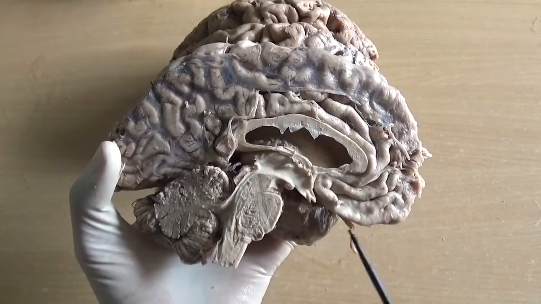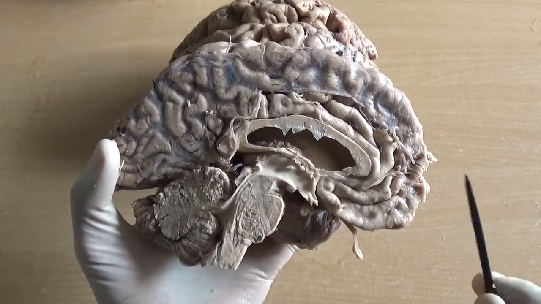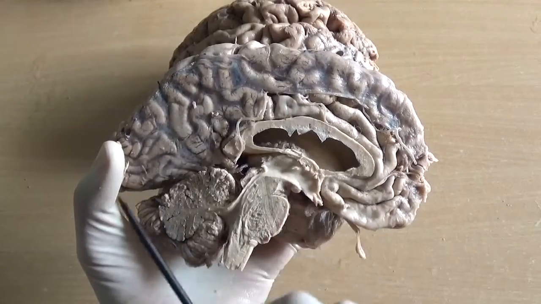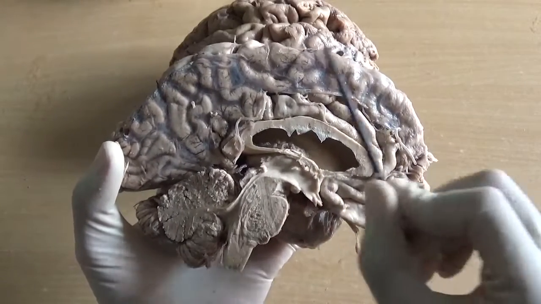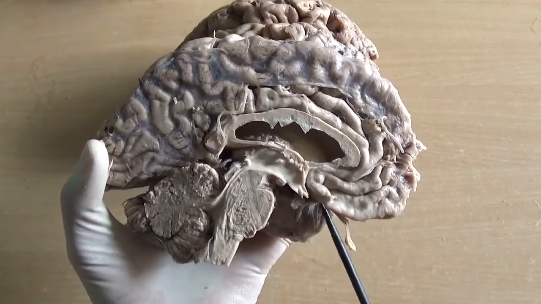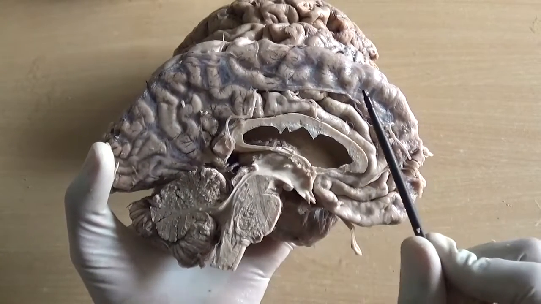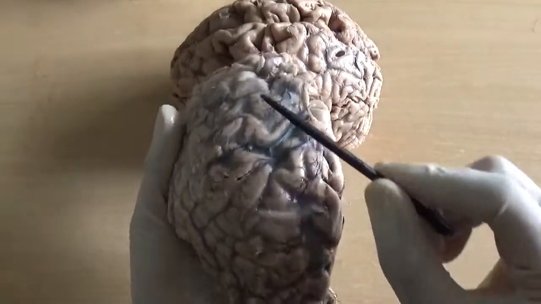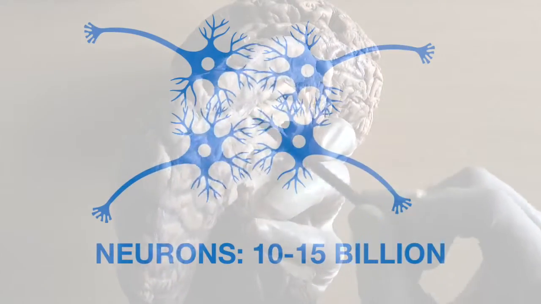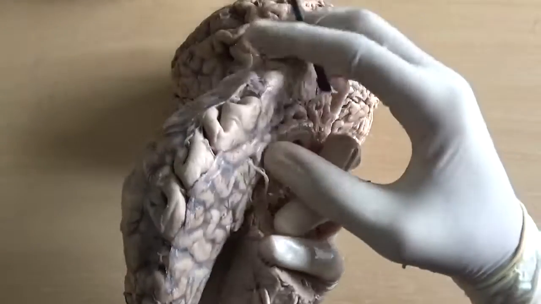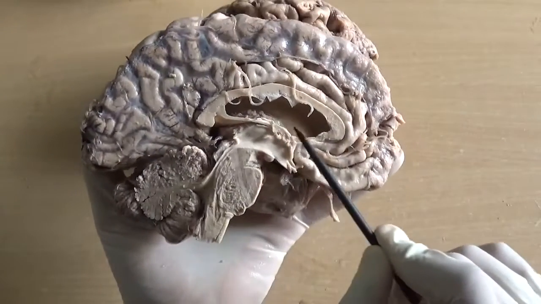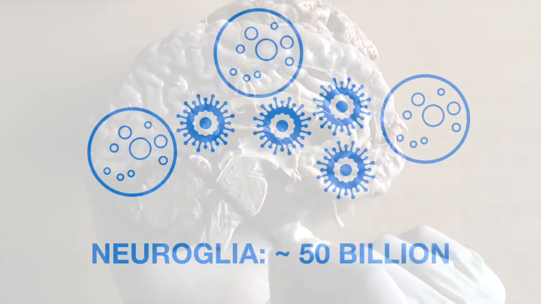Now let's discuss some of the facts of cerebral cortex. Its weight is on an average 600 gram, that is approximately 40% of the entire brain weight. So it is very crucial, and it accommodates large number of cells. The cells are either neurons, particularly their cell bodies, and neuroglia. So on an average, entire cerebral cortex accommodates 10 to 15 billion neurons, and the neuroglia are 5 times the number of neurons, that is approximately 50 billion neuroglia.